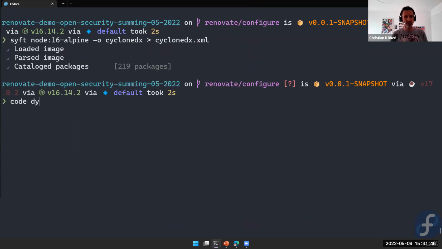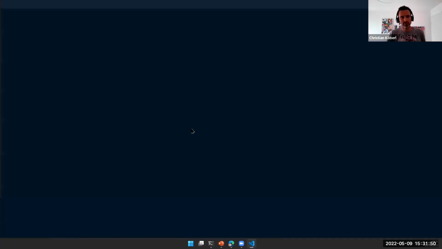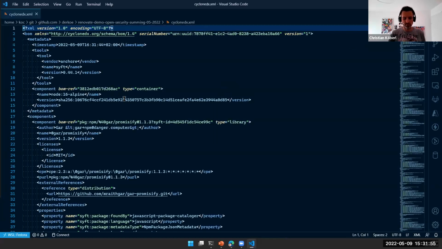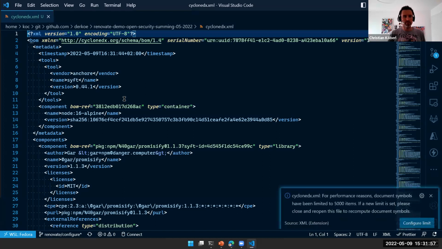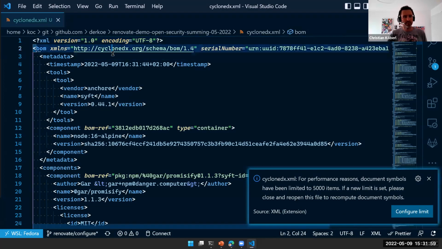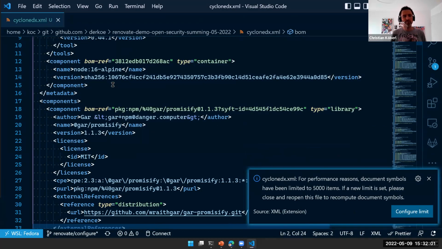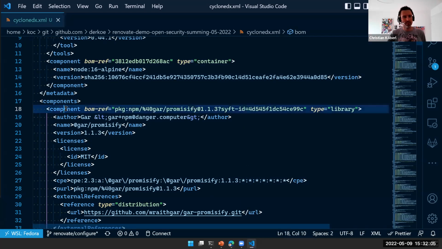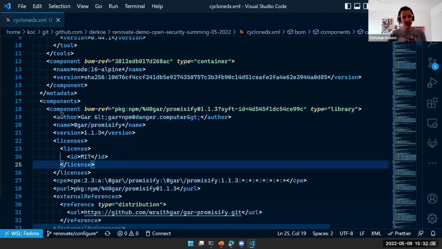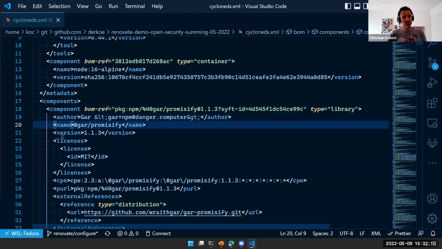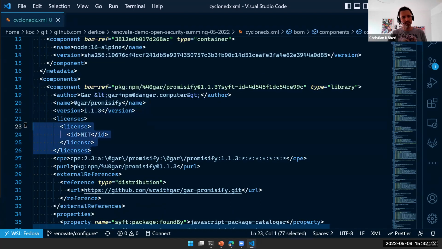And we can have a look at that. Visual Studio Code here. So yeah, this is an XML file, CycloneDX, and the same information that was in this tabular data here, you can see here in XML format. So you can always see the author, the name of the package, the version, and you can see there's a